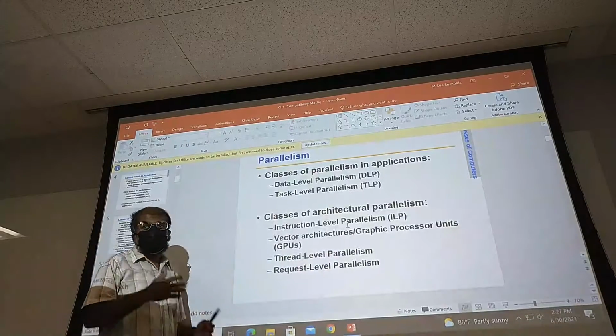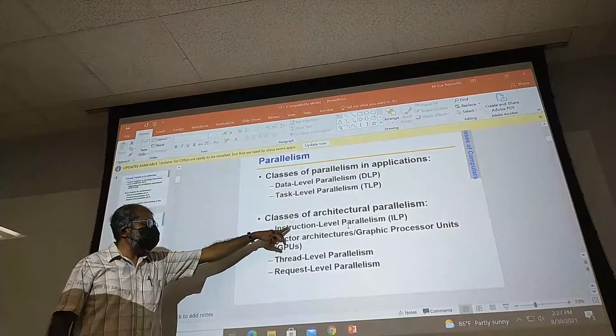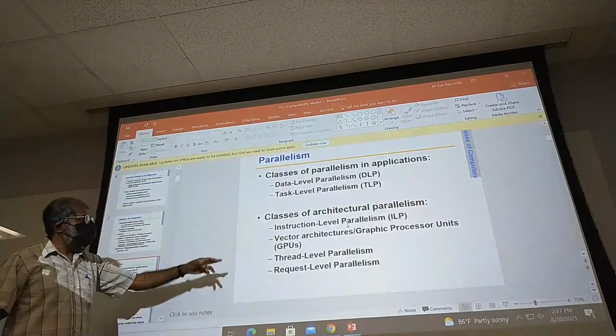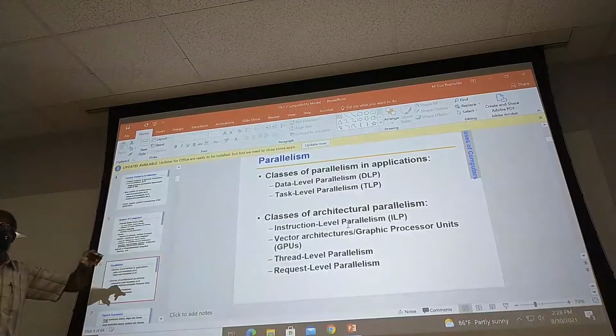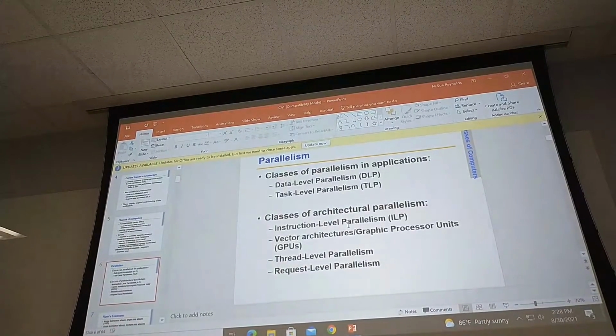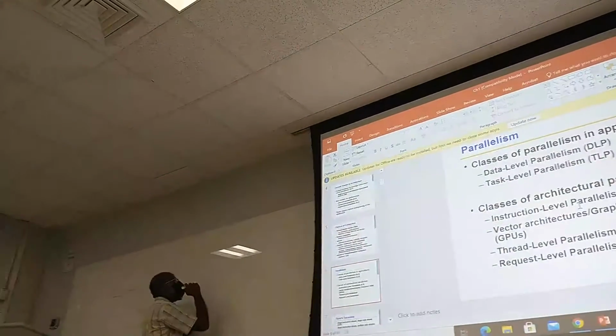But there are a lot more things that can be done at the instruction level. Then you can talk about parallelism at a higher granularity. Mainly, let's say I have a program